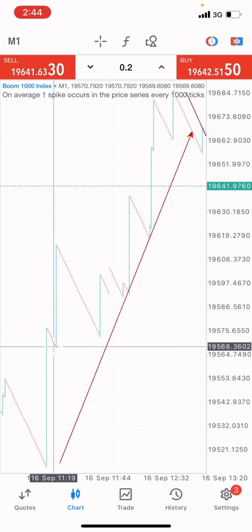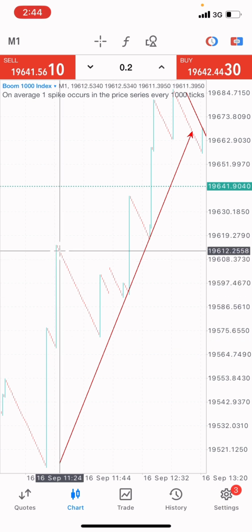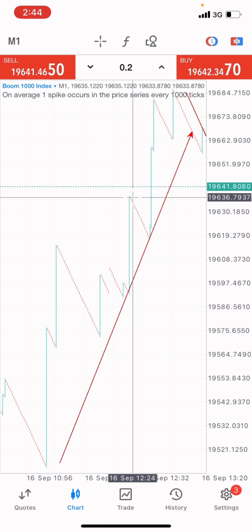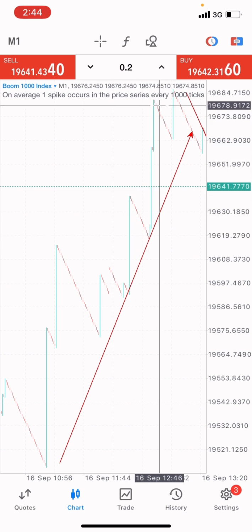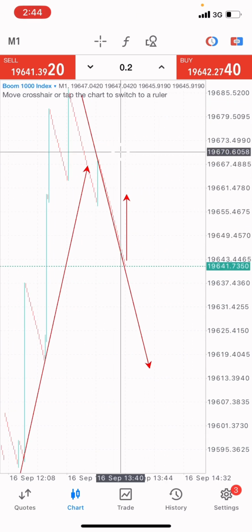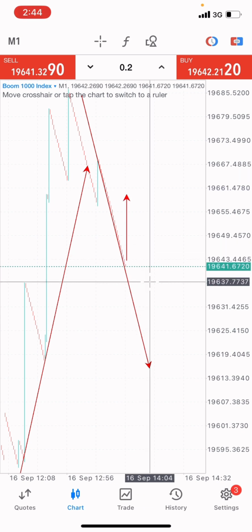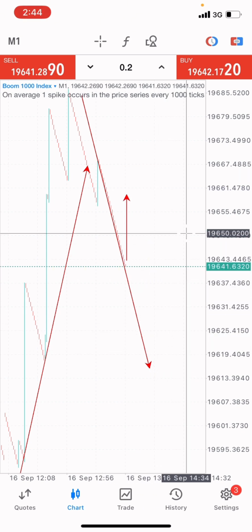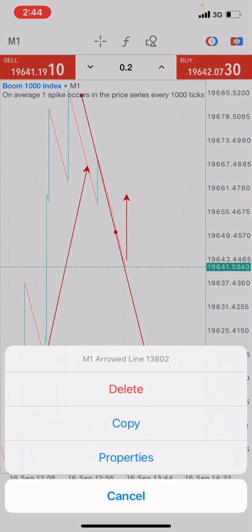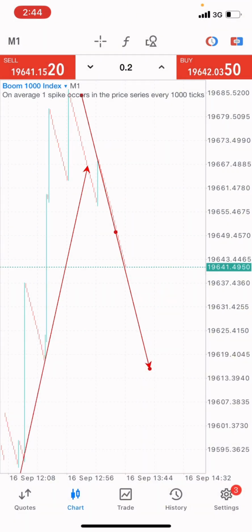Now this market bought up to this point, it retested again for a sell. It bought, it retested again, it bought, just like that, going upwards, right? So the same thing that is happening here. This market would buy here, then it will sell again, it will buy, it will sell. So now, since we have just confirmed that this market has